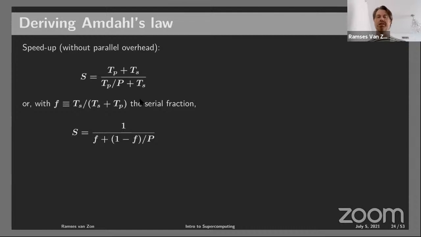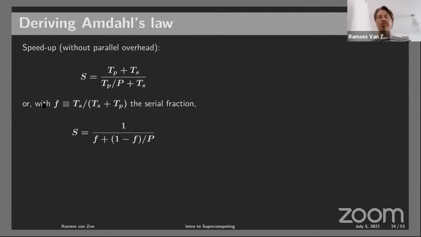insightful, but what's a nice way to formulate this is to look at what's called the serial fraction. So that's the time that it takes for the serial process divided by the whole time, in case you run serially. So that's F. There's a question whether the reduction is performed by a single core. Yes, that's what we're going to assume at this point. You certainly can't do it by every core, or every core would do the same thing, and then it still takes the same time TS, so you don't speed it up.